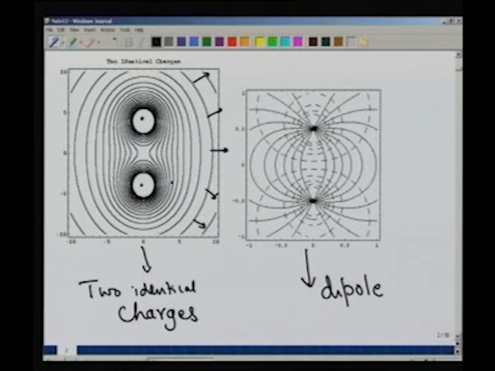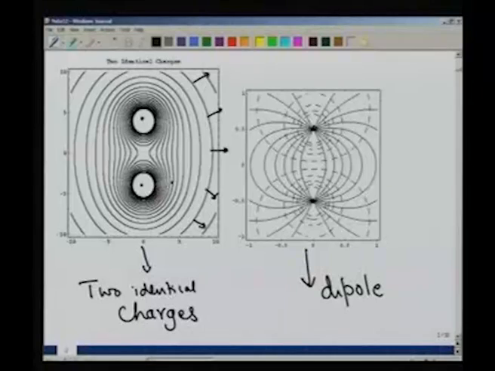This is not spherically symmetric. So, if you are very close to either of the charges, there is nothing much that happens. Is that okay? You see essentially the field or the potential produced by one of the charges. So, there is not much of a distinction. The only distinction is that if I take this to be plus q and this to be minus q, the field lines will be divergent outside and the field lines will be going inward, whereas here the field lines will be going outward in both the cases.